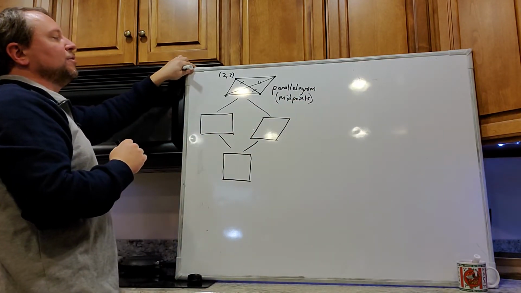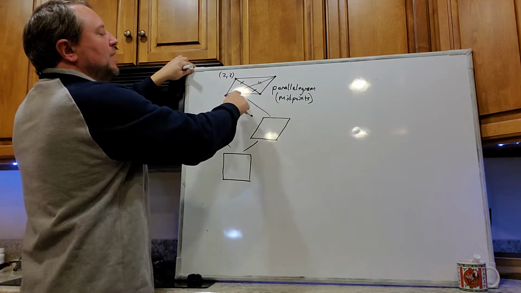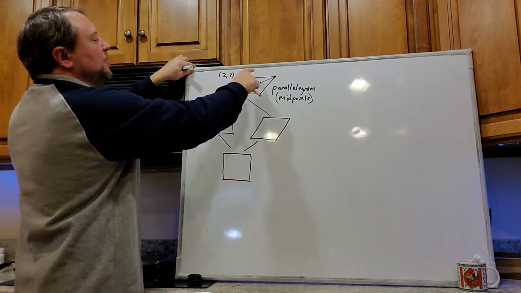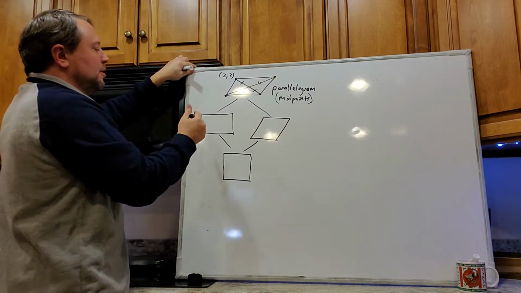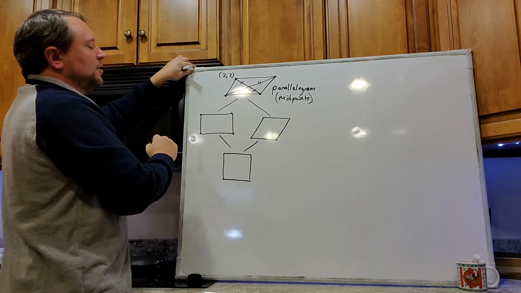Okay, the midpoints are how we determine this, because if they share the same midpoint right in the middle for both diagonals, then that means they bisect each other. So these problems are going to be like that, where I give you coordinates. Again, if I gave you all the coordinates of the vertices of this rectangle,